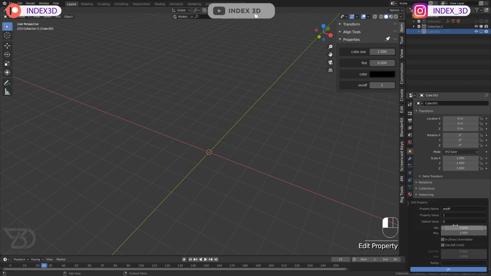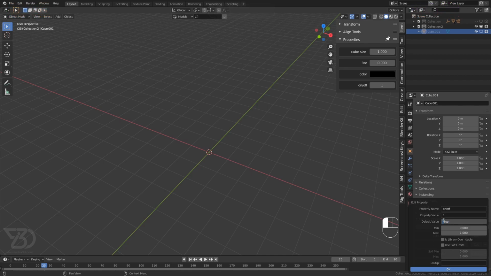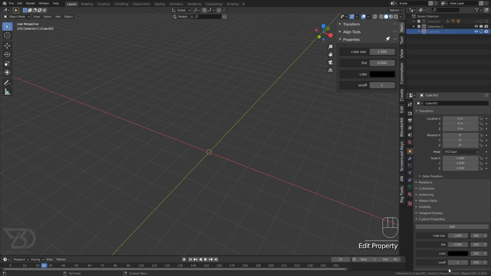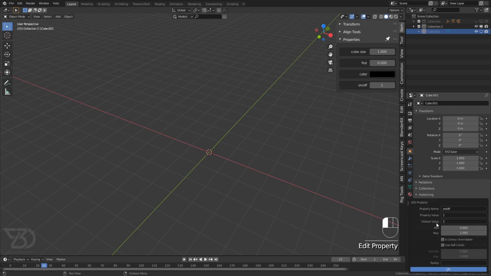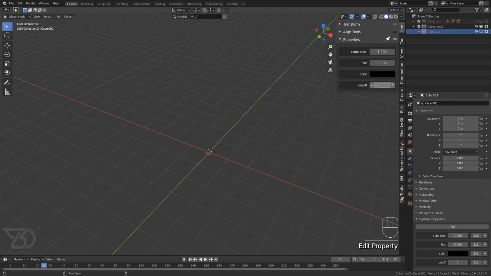We can also do this with another type of thing. So we will have to just type true, TRUE, true. Make sure your T is in the capital, and it will create the same thing. See, true and false. So it's true and false. So we have the on and off function, and then we have rotation.